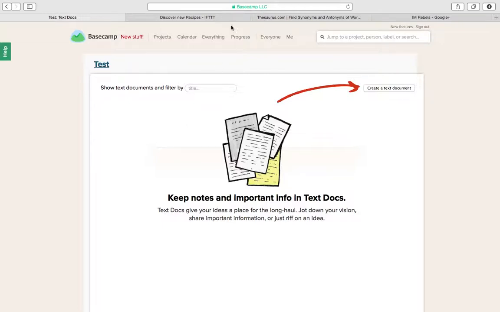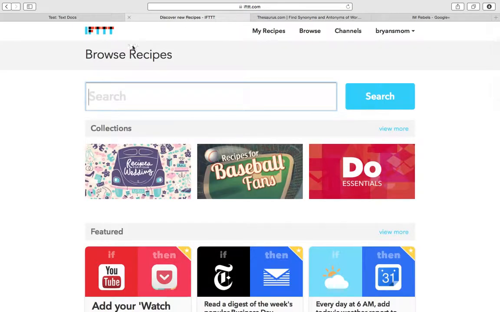Now, here's another one of my favorites. And it's this nifty little website. Doesn't cost you a penny. It's called IFTTT, standing for If This Then That. And what this does is it allows you to automate a lot of the stuff you would do to share information, mainly through social media. So, for example,